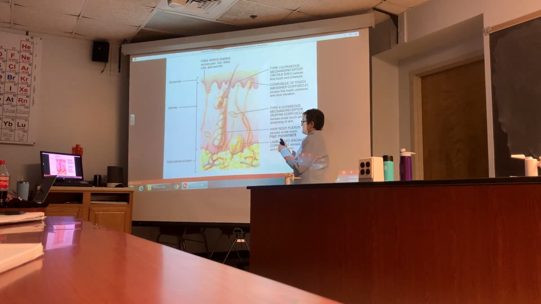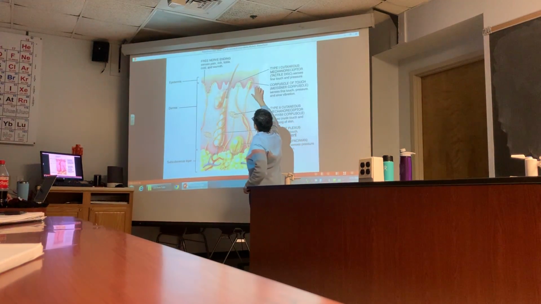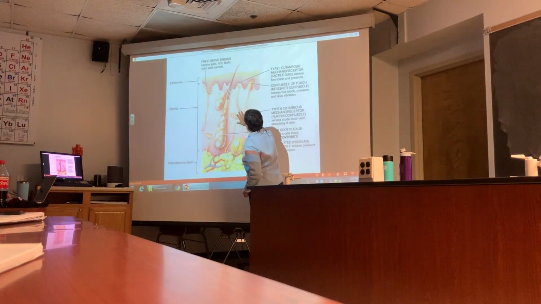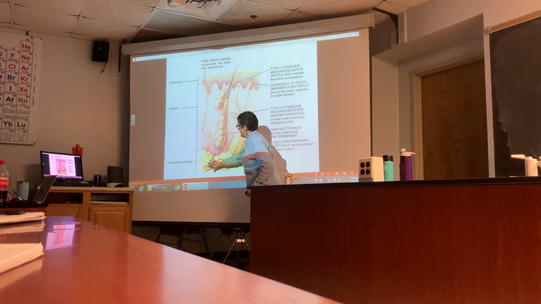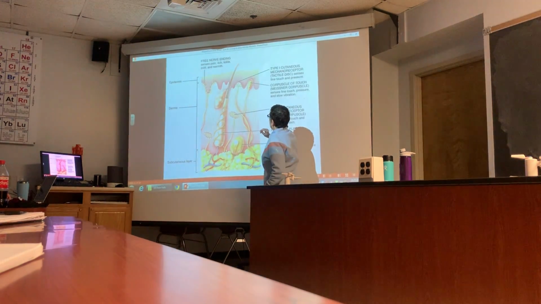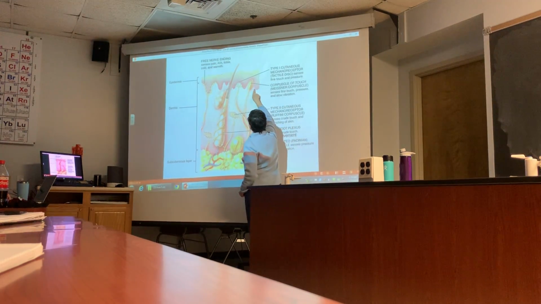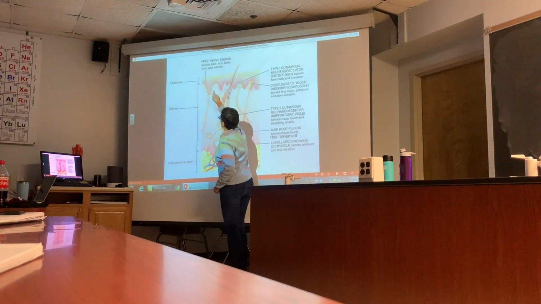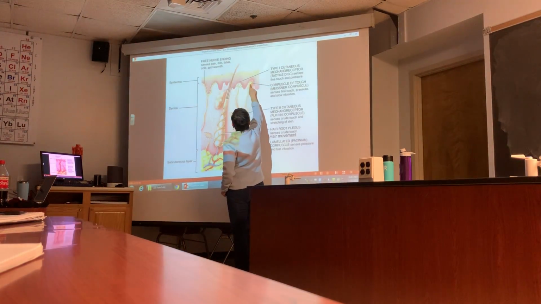Later I'll show you a picture of the skin, and we can see all these structures in that integumentary system picture, but I don't have that up yet. So the epidermis is the outer layer, this is the dermis, and then the subcutaneous layer is where the fat is. And in the dermis, you have what are called dermal papillae, which are these little hills of connective tissue that